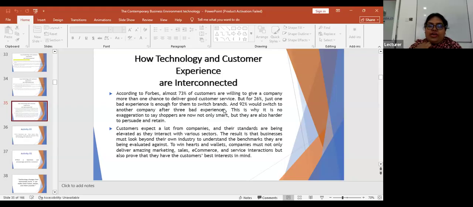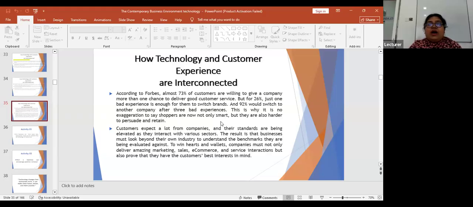Some people are okay with giving more than one chance, but there are people who, if they had any negative experience using your product, won't give it another chance. And 92% would switch to another company after three bad experiences. This is why it is no exaggeration